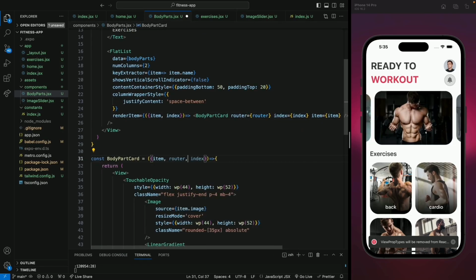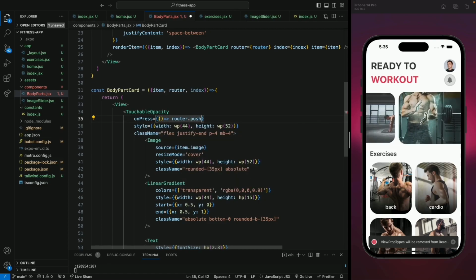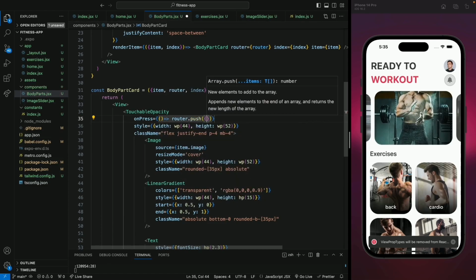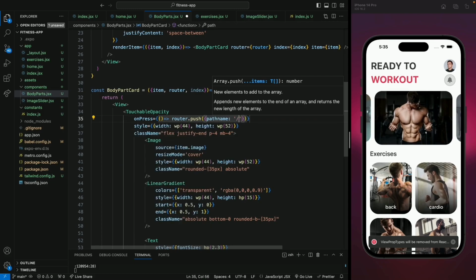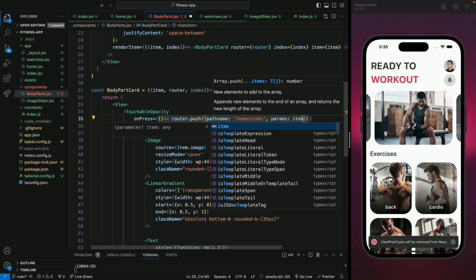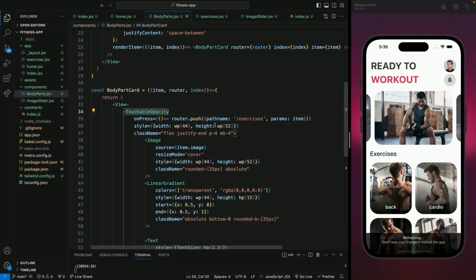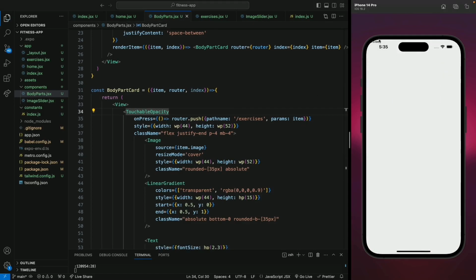Now on the touchable opacity, we're gonna define an onPress method that will push our route to move to next screen, but we also gonna pass the data as well. So for that we need to push an object with path name as the route name, that will be slash exercises that we just created, and our data will be in params property, and data will be the item. Okay, so when I save it and click on any card, we move to a new screen